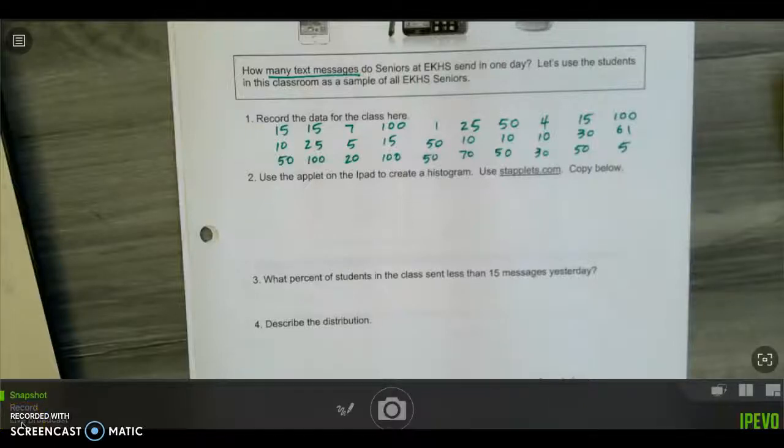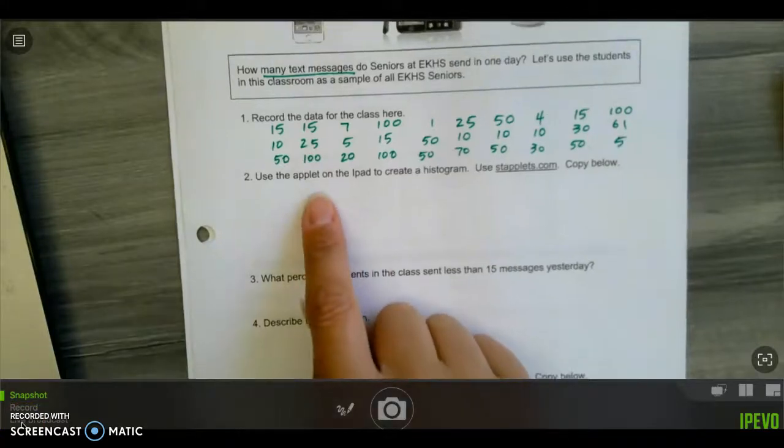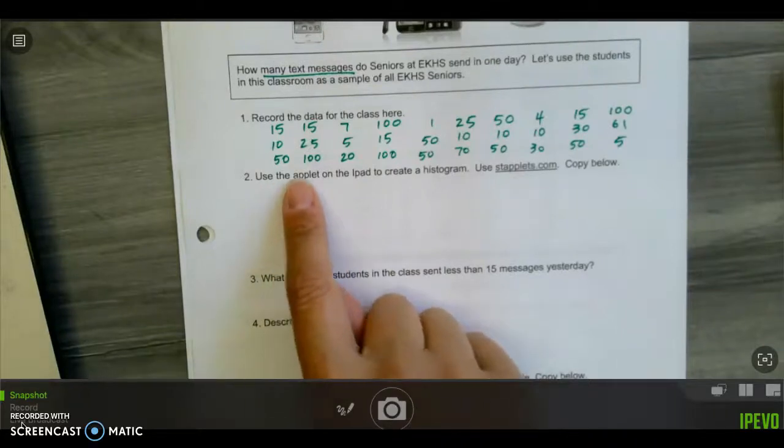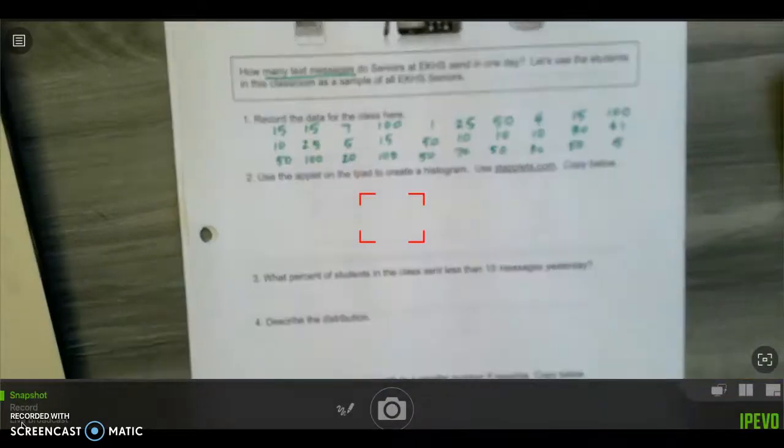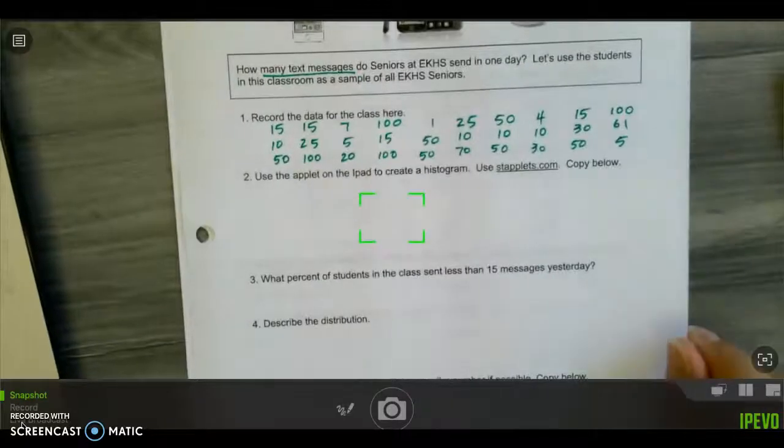Right, today we're going to be looking at a third type of numerical display for numerical data. To do so, I collected data from a lot of my students. This represents the number of text messages per day that 30 of my students told me. Throughout this video, I'm going to ask you to pause at various times so that you can copy